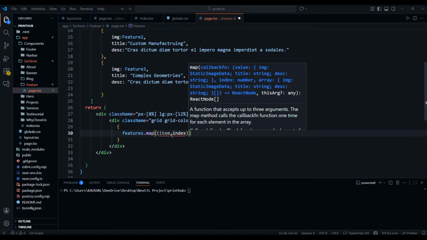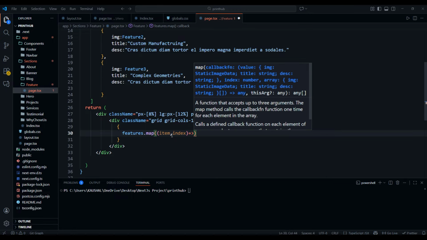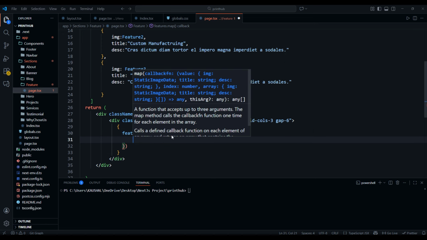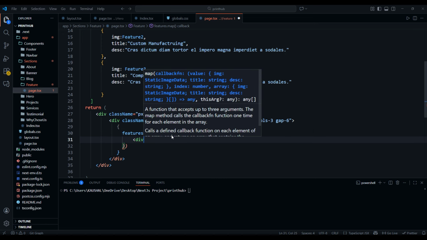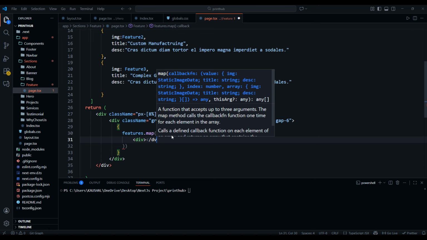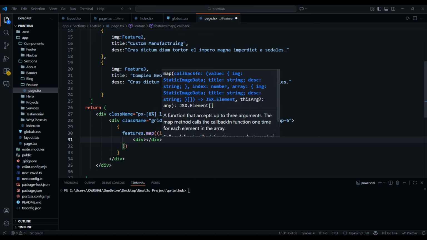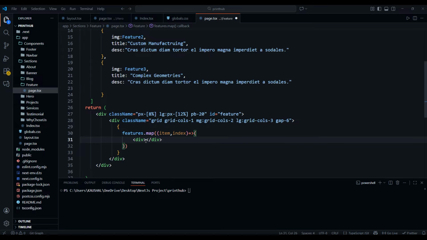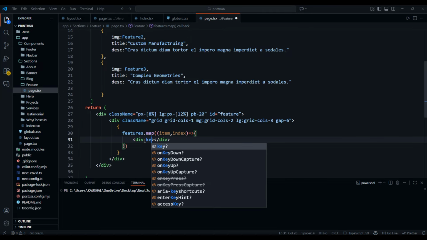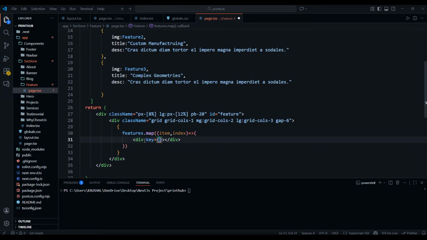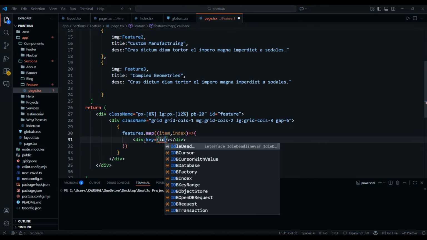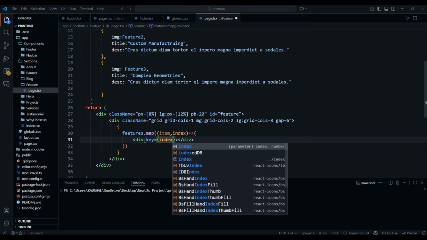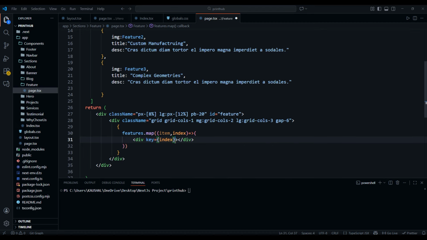So this is our function, and now we have to define our structure inside this. So this is the div in which we have to apply. First of all, let's use key, and use the unique value index for the key,